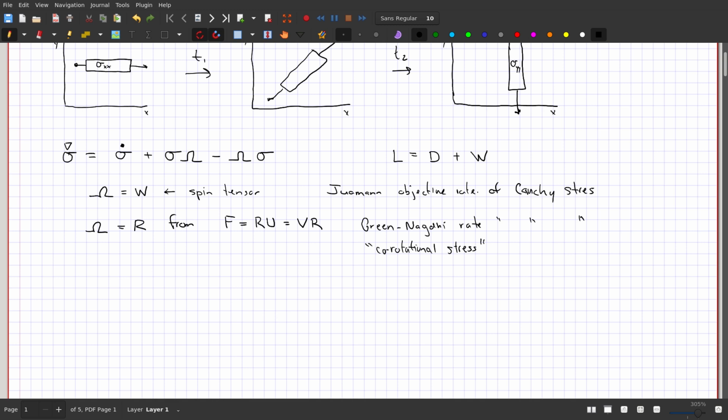In order to do this polar decomposition of the deformation gradient, you have to solve an eigenvalue problem. And the eigenvalue problem can be expensive. I mean, you have to do it basically at every